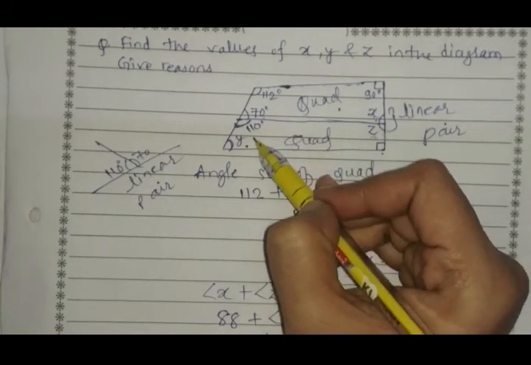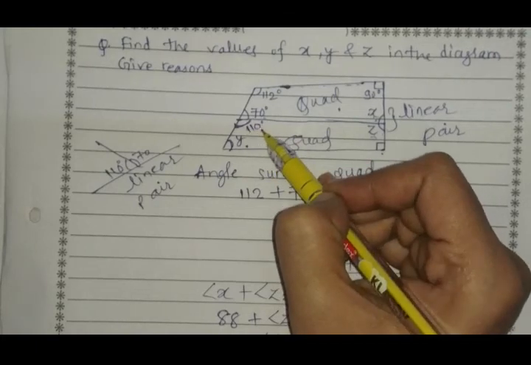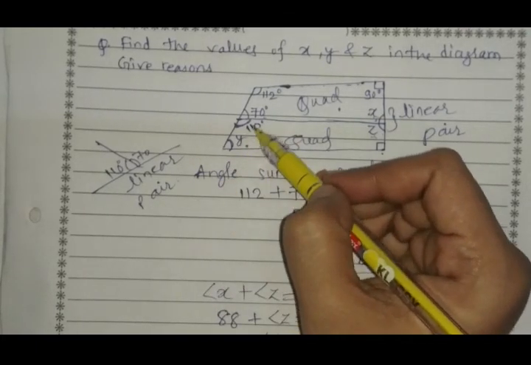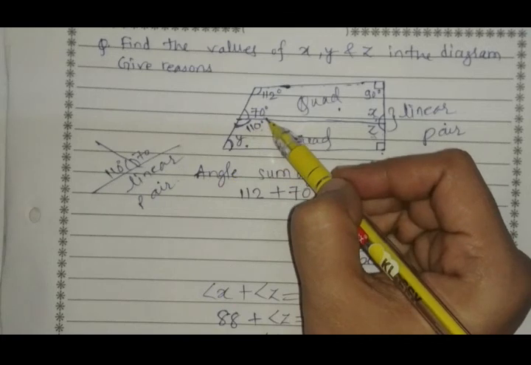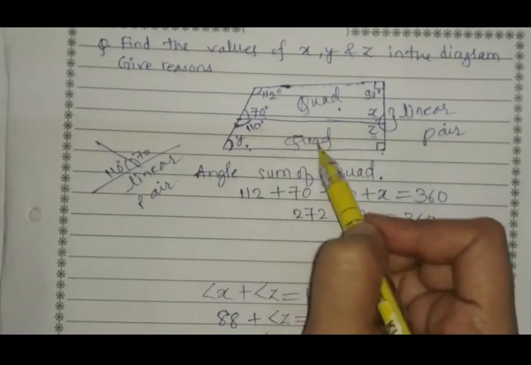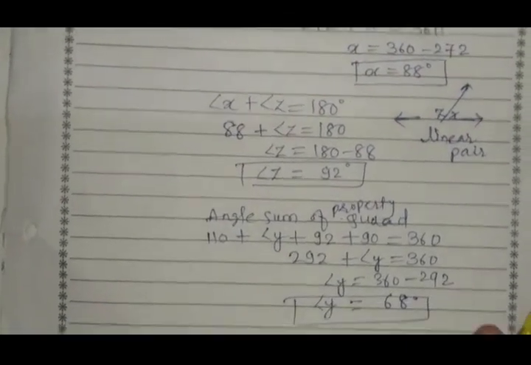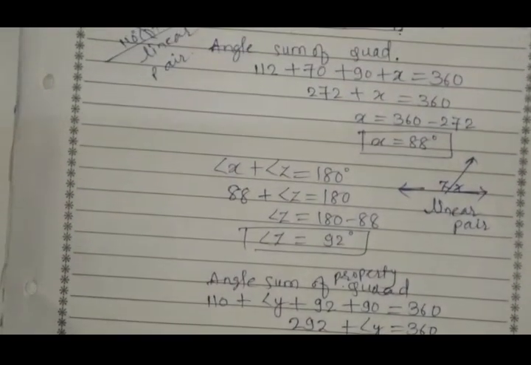Then we observed that 70 is in a linear pair with this angle, which is 110, by subtracting 70 from 180. Then we found angle y by using the angle sum property in this quadrilateral. So in this way we have found this